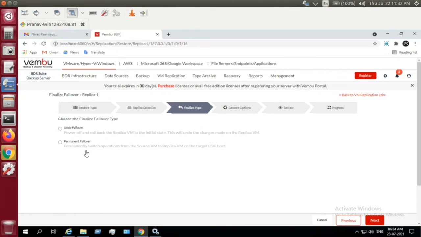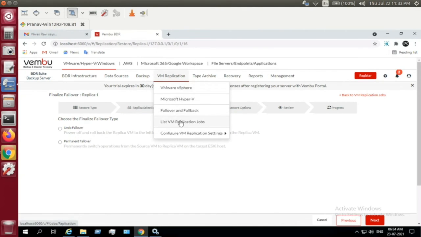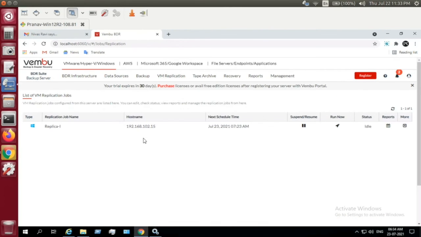What happens is the permanently failed over data will stay. Once it is permanent failover, no additional replications will go on. The replication job is void, that is, it becomes null. So this is what your replication is all about, and this is how your backup replication for Hyper-V works. And yes, we have tape archival. If you have a tape infrastructure from LTO generation 3 and autoloader 1, then you can add the tape library over here. So we support tape library for longer archival of your data.